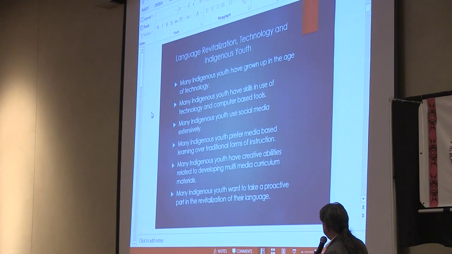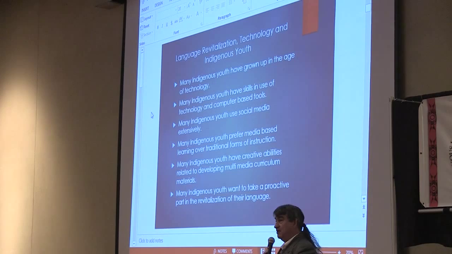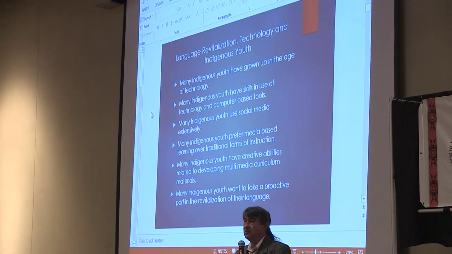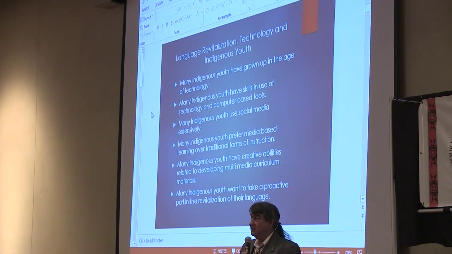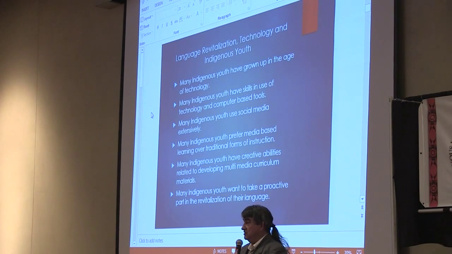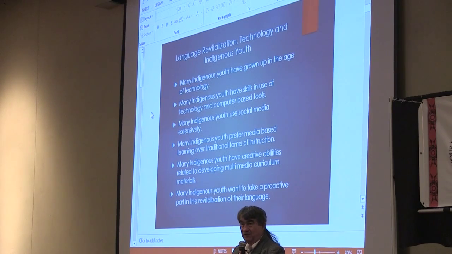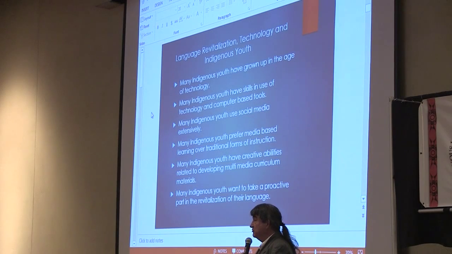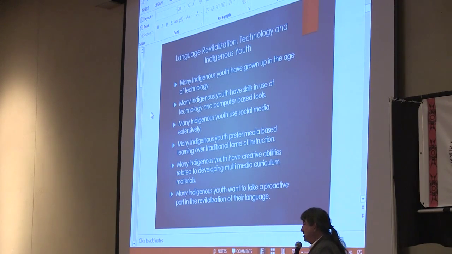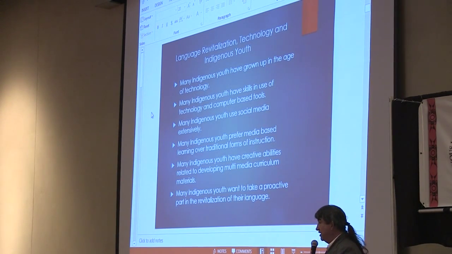Many Indigenous youth use social media extensively. There's new technologies now that allow for applications to be created that are very language specific that you can download on your phone. And many students are beginning to do that kind of both programming and also are accessing information, including language, in that kind of way.